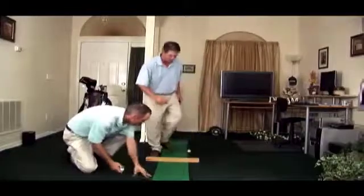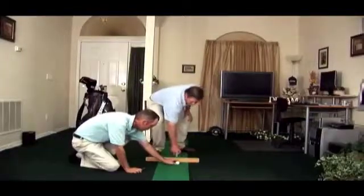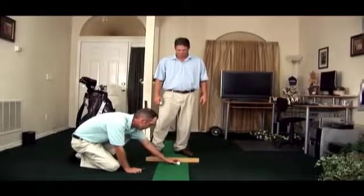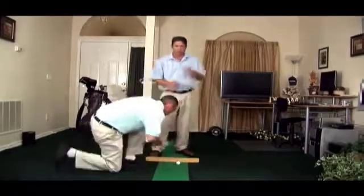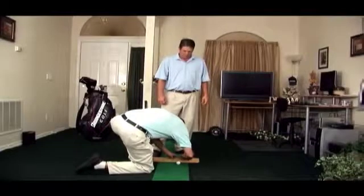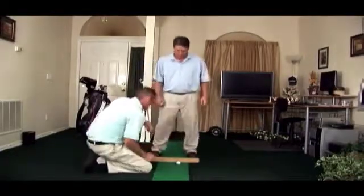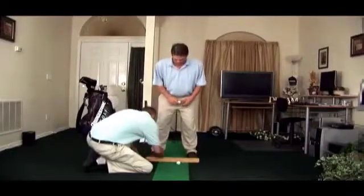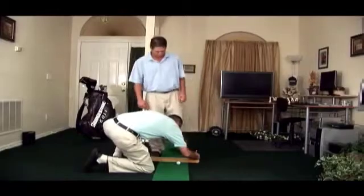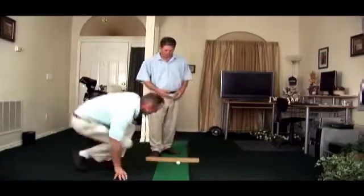Now what you need your friend to do is mark on the board where that ball dropped. So what Pete's going to do is mark on the board where the ball dropped, and then he's going to mark where my feet were. So now that my feet are marked and the ball is marked, what you'll be able to see, thank you, Pete,